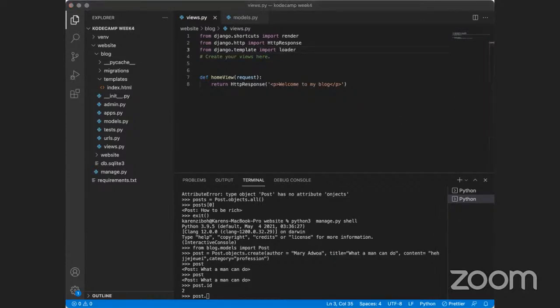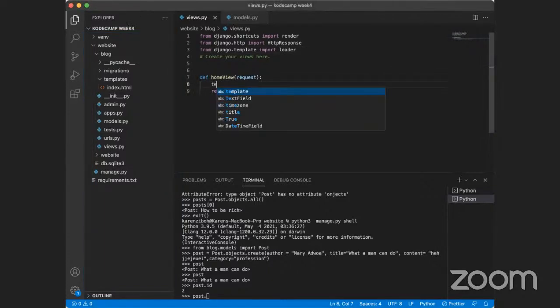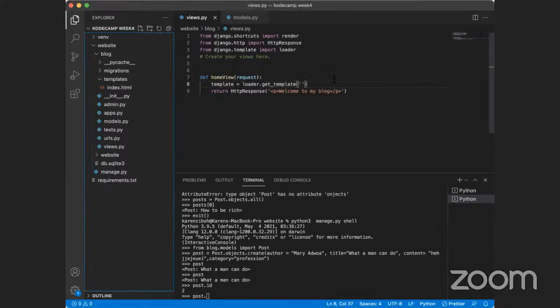And so instead of returning just what we have there, we're going to say our template is equal to loader.get_template, then the name of our template, which is index.html. So we're going to return